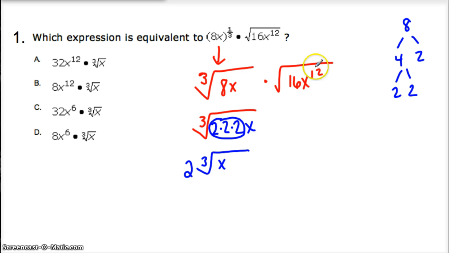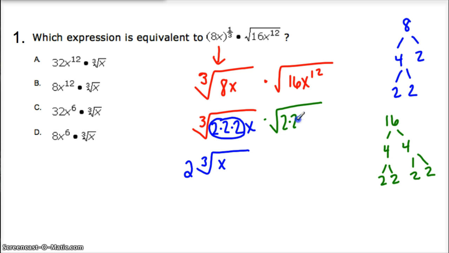Now I'm going to go ahead and reduce this. This is a square root. Remember, this is a 2, so I'm going to change to green here. So I'm going to break 16 down, and that's 4 and 4, and 2 and 2 and 2. So this becomes the square root of 2 times 2 times 2 times 2. I'm not going to break x to the 12th down. I'm going to think about that in my mind and see if I can do it without